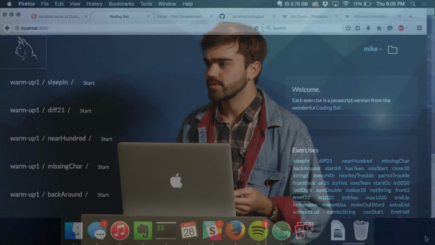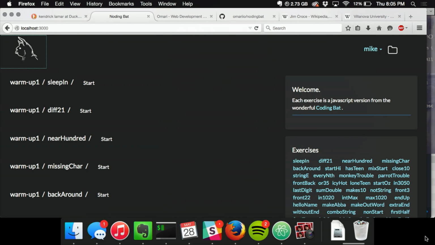Kendrick Lamar is awesome. I listen to him all the time when I'm doing Meteor stuff. But he doesn't know the world's most popular language, JavaScript. So basically, I'm Mike from Omari, which is like this cool, obscure web collective that's up and coming from Santa Cruz. We made a Meteor version, hip, sexy, something like even Kendrick would use,